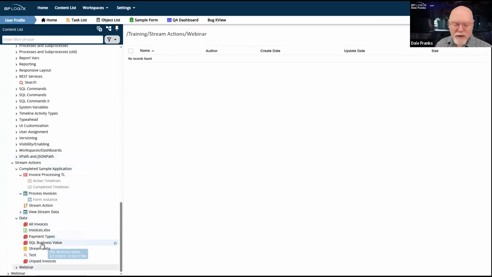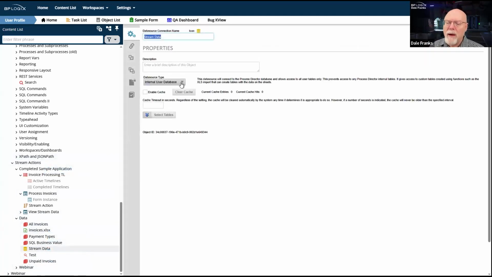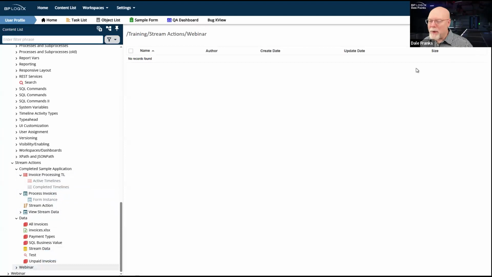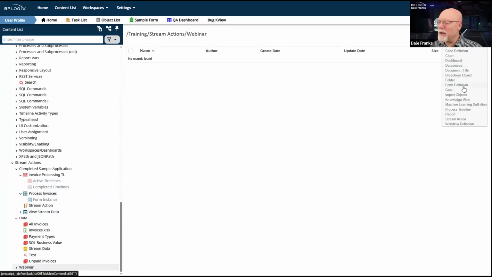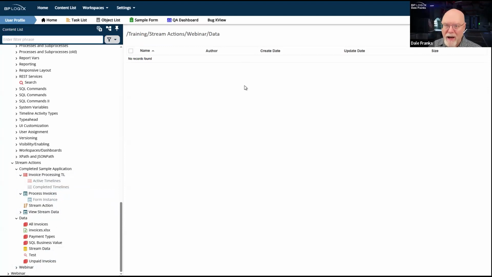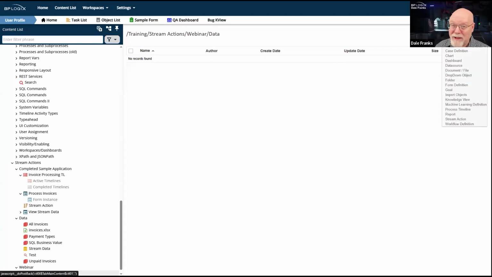And again, we're going to start from scratch. Well, almost from scratch. I am at the internal user database, and I don't know whether this is using everything or if it's only using that one table. It is only using that one table. So payment types and unpaid invoices. Those are the two things that I need. So we'll go into our webinar folder. I need to access this external data. So I'm just going to create a folder. I'm going to call it my data folder. And I'm going to put all of my data objects in here, except for the Excel spreadsheet. I'm going to leave that where it is, but just so that you know, that's the source of this data.